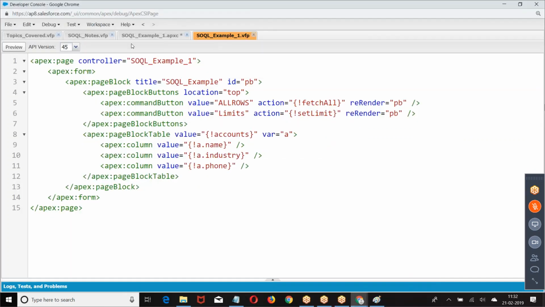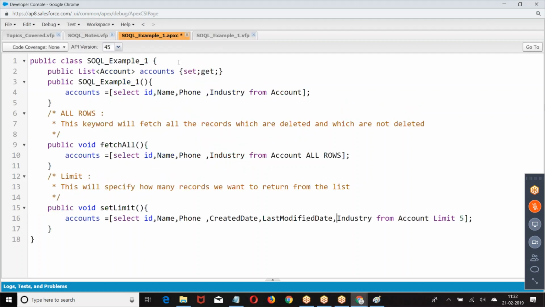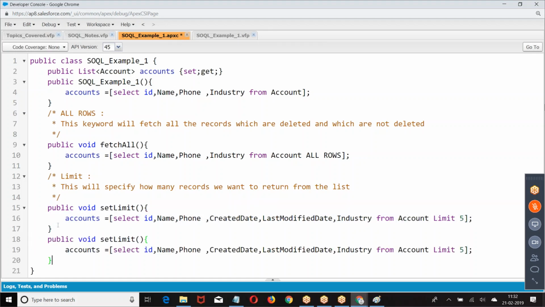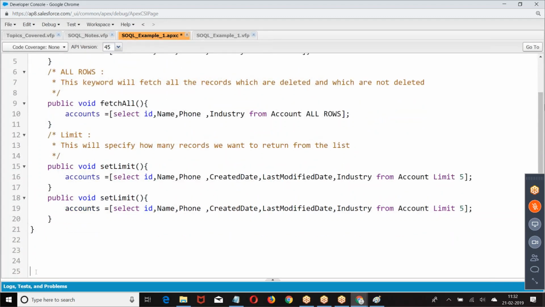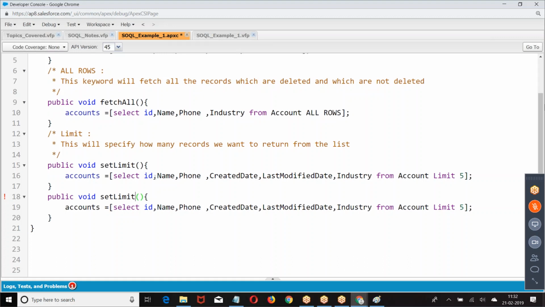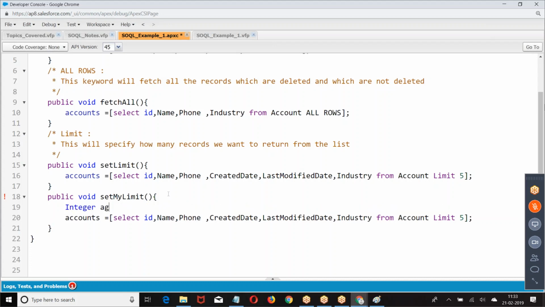Now let us come back to the next one. We are going to set the limit using a variable. Dynamically, we want to set it. Now look at the format. Set my limit. Here I was taking Integer count equal to.